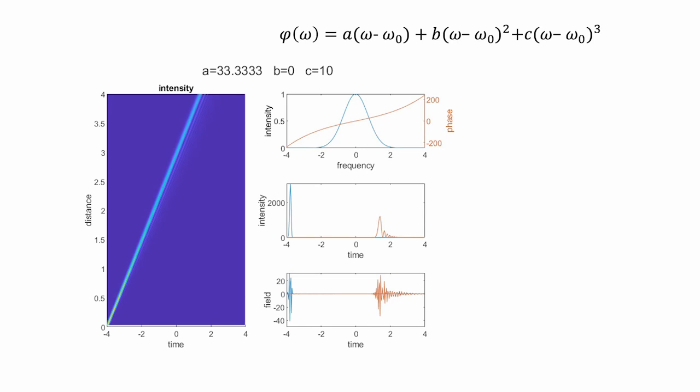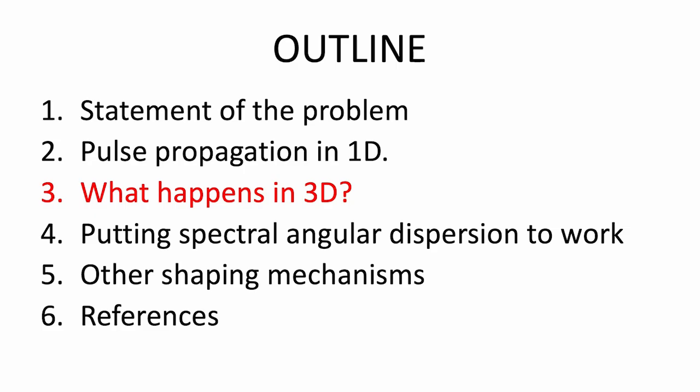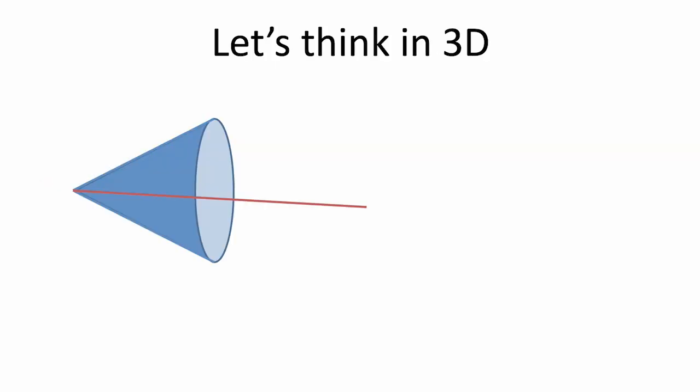Okay, so let's go to my outline again. And now we'll go to the next step. What I've been showing you is what happens in 1 dimension. Now, in 3 dimensions, maybe intuition is not that good. And we have to go through it to build specific intuition to understand how we shape pulses going in 3 dimensions. So in the next view graph, you can see